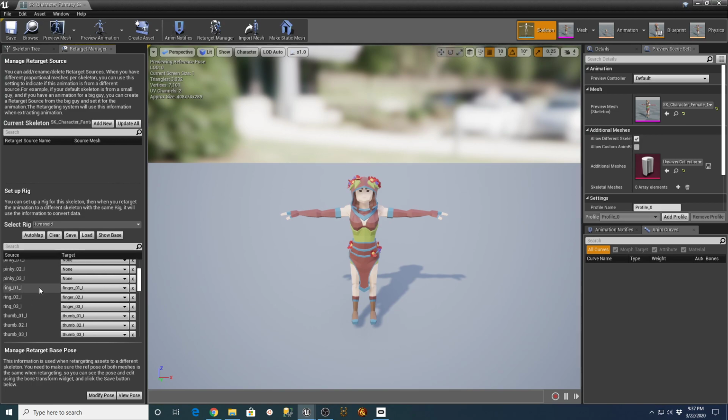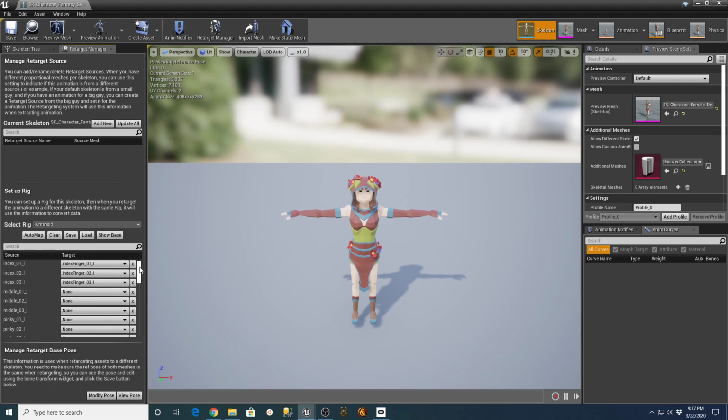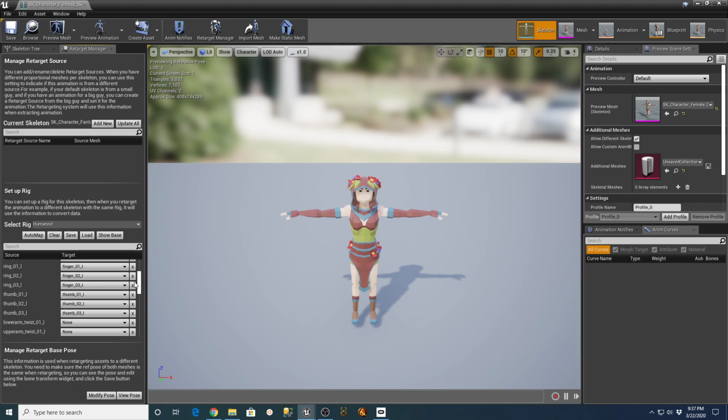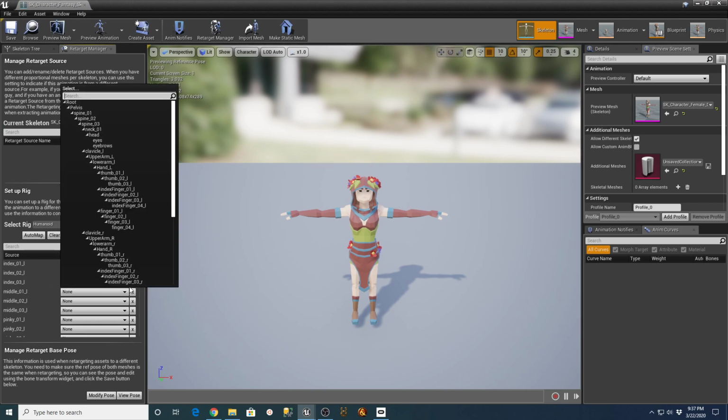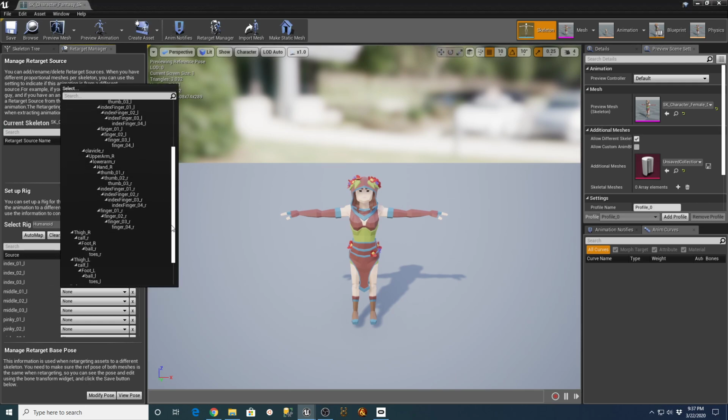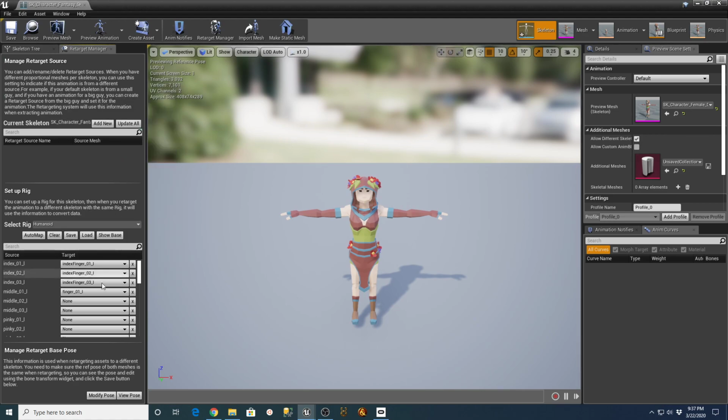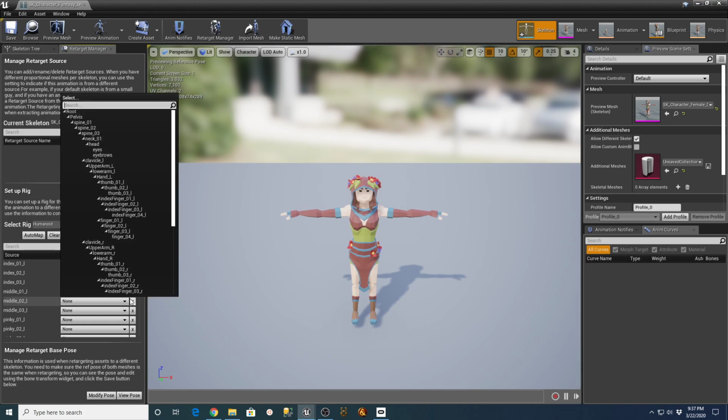So see, they have the ring is listed as finger 1. So that finger 1, you have a thumb, a finger 1, and an index finger. And the middle finger basically has to go to that finger 1 also. So if you were to go in here and say map that to finger 1, and this is the left hand side, so you got to go to finger 1 left over here, because that middle finger is part of a whole assembly thing. Not an assembly, but I'll show you what I mean in a second.